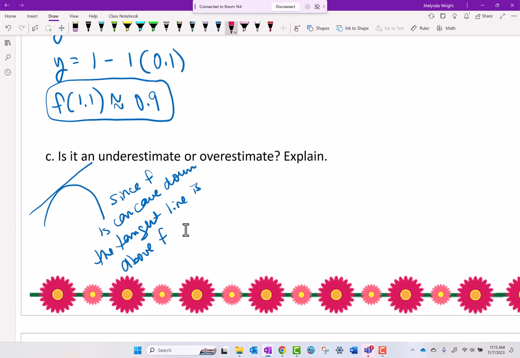That means that for every point, every y value on the tangent line, all those y values are going to be what? Are they going to be bigger or smaller than the y values on the function? Bigger. They're going to be bigger. That means that this is an overestimate. So our explanation would be overestimate